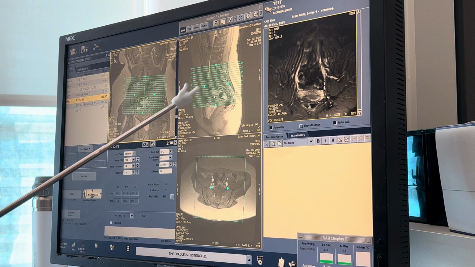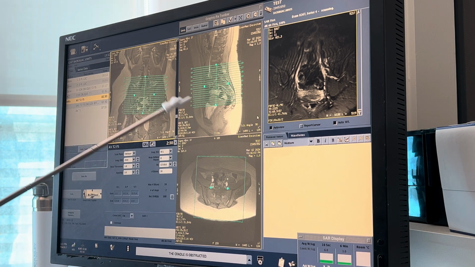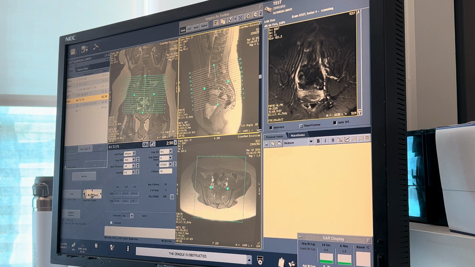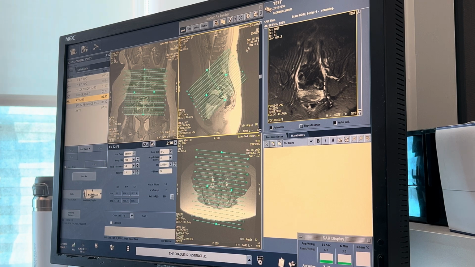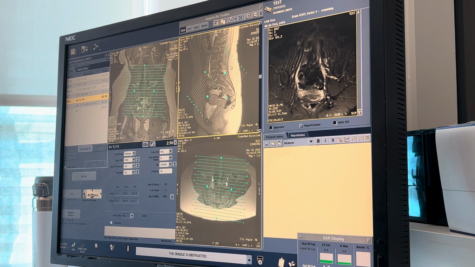Perfect. And now we can oblique them over here. So we're going to angle it to the left so that these slices are perpendicular to S2, S3. Just a little bit more. Perfect. Okay. So now we could just grab these and move them, but instead I'm going to have you extend